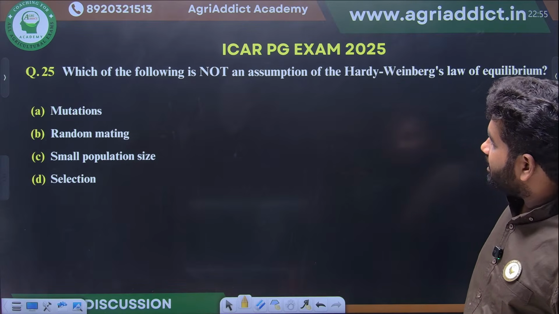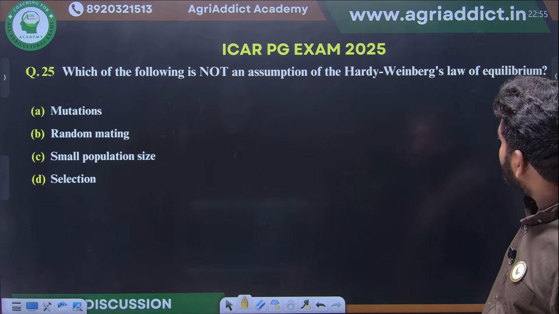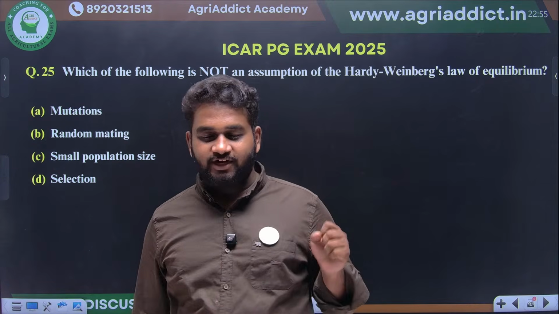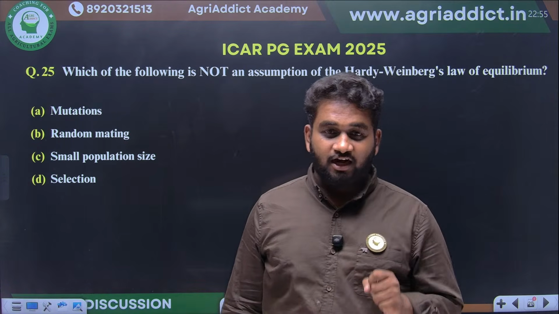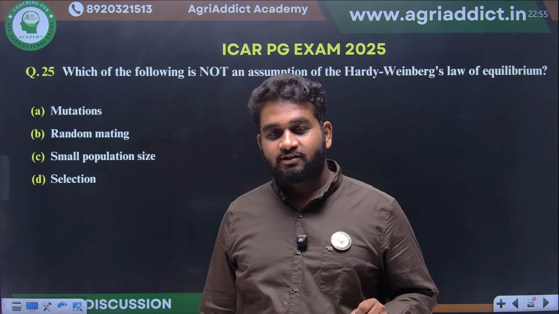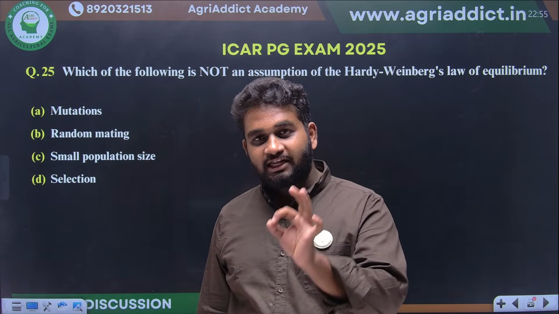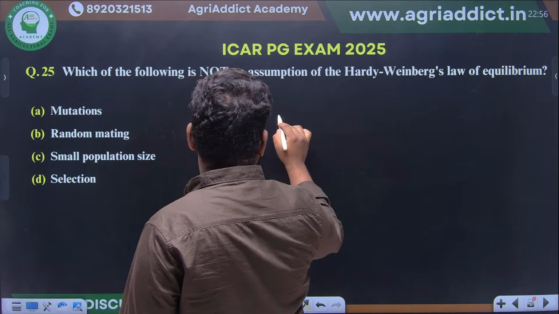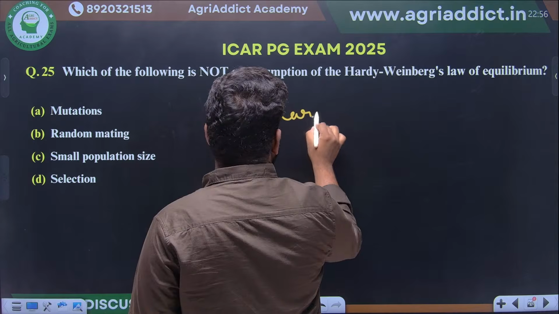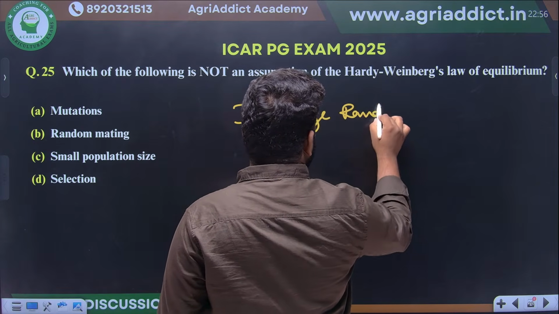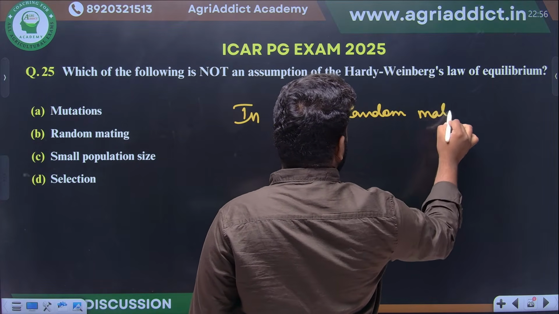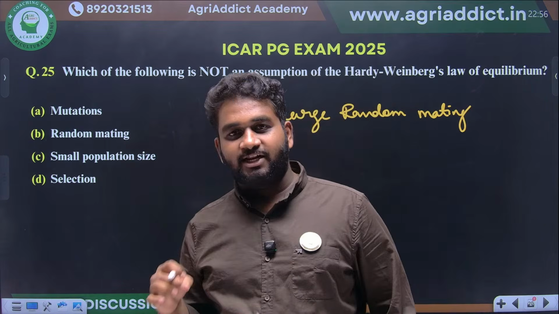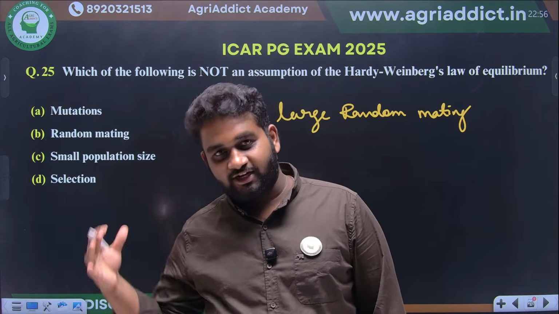Which of the following is not an assumption of the Hardy-Weinberg law of equilibrium? If anyone asks you the definition of the Hardy-Weinberg law, you should start with: in a large random mating population, your gene and genotypic frequency will remain constant generation after generation,